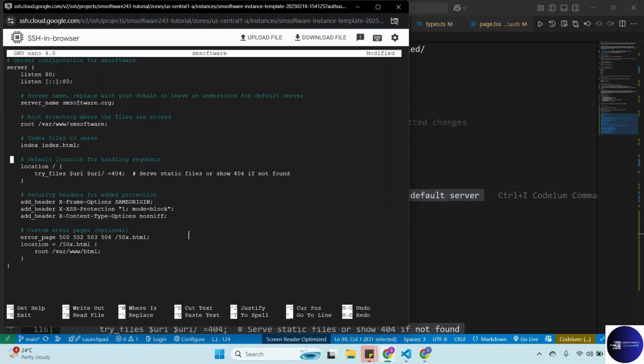So just have a look again. This is what we have. So we see it's pointing to the same folder or application. Okay, so if I save,